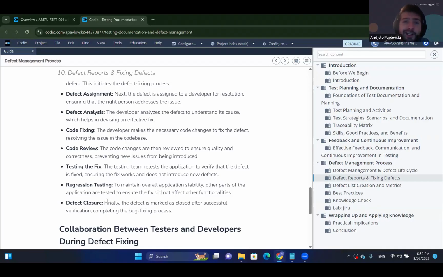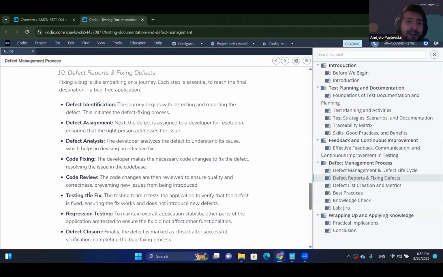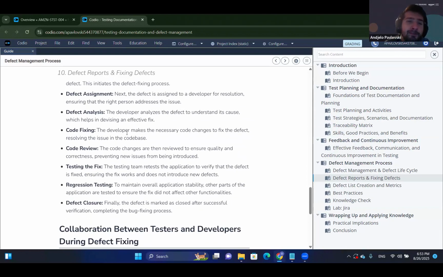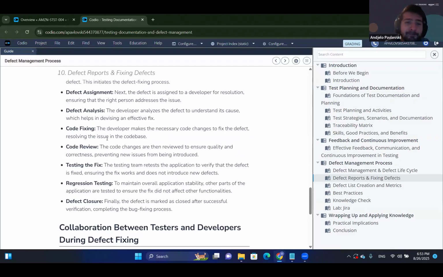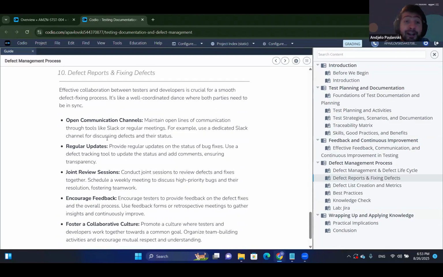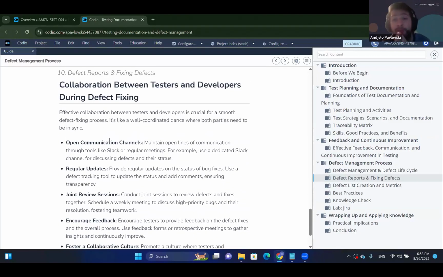So you mark it as done and you move it on. I say it is the best part because it is happening for both tester and developer. So essentially, this is a similar process to the bug lifecycle, however, it's a bit more related to fixing it. Now, the last bit I want to highlight here, and I want you to remember,